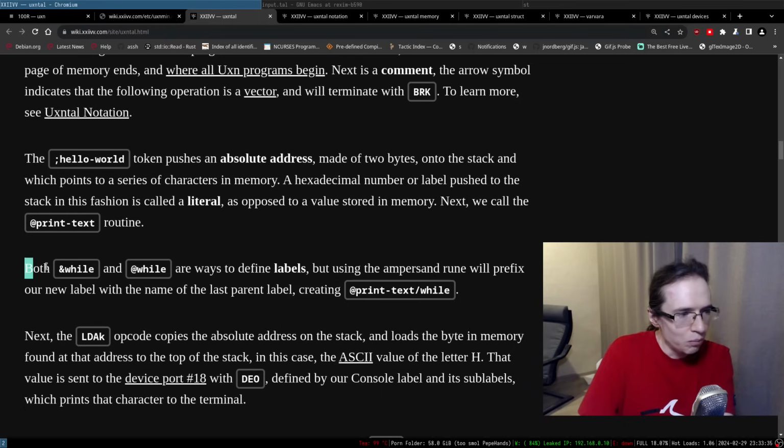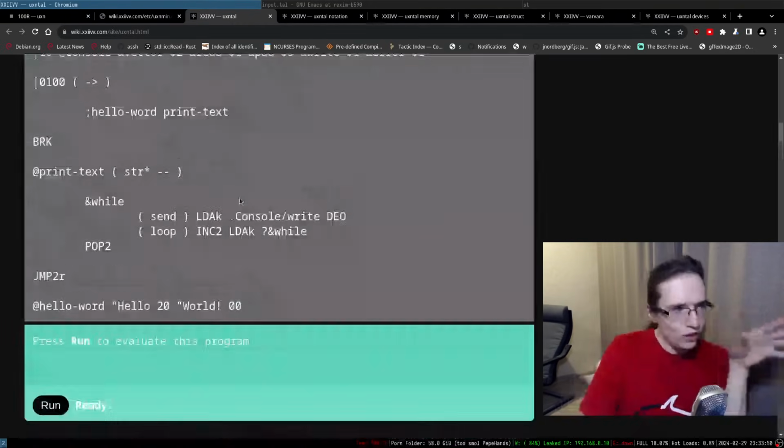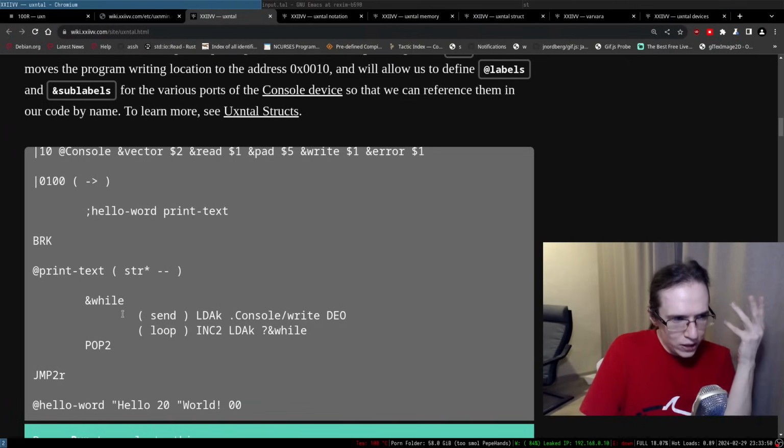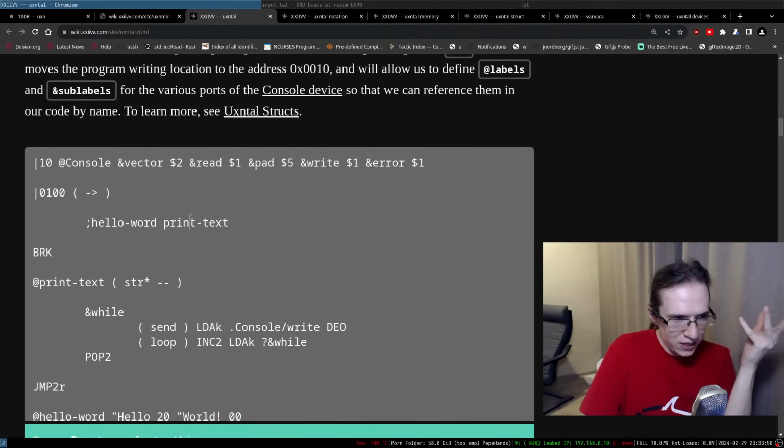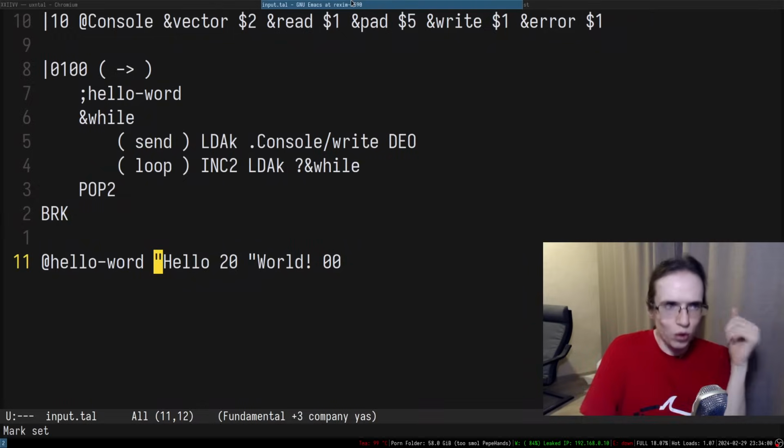Okay. Both &while and @while are ways to define labels, but using the ampersand rune will prefix our new label with the name of the last parent label, creating print-text/while. So the relationship between labels here is similar to sublabels in many x86-64 assemblies that I programmed in.